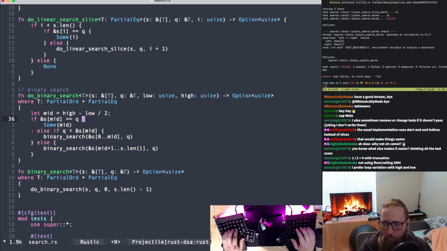And then what are we going to say? We're going to say if S is mid, or if the Q matches the mid, then we're going to return the mid. Otherwise,